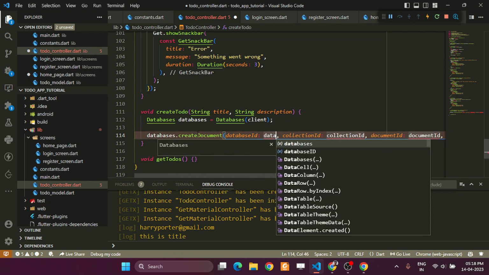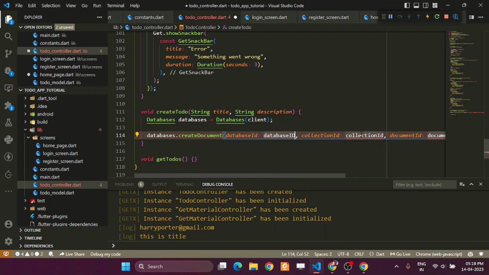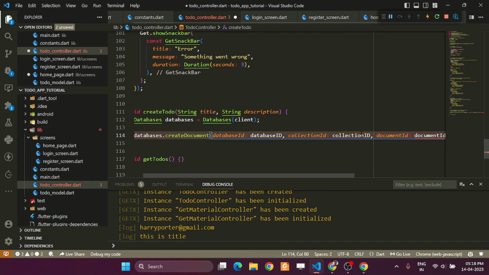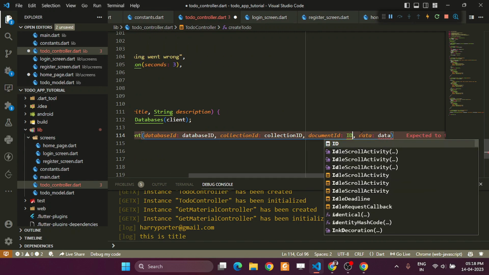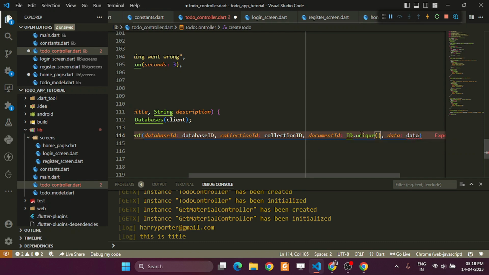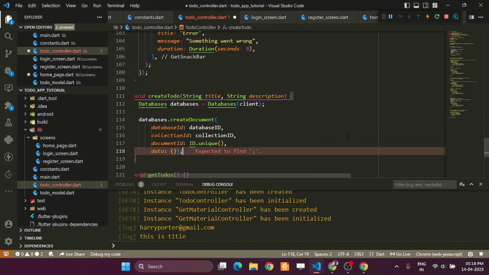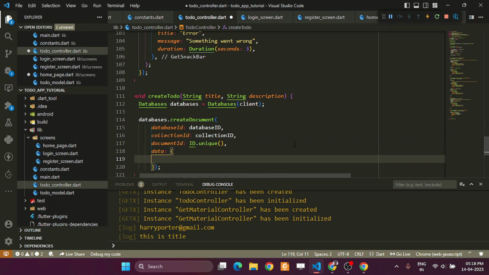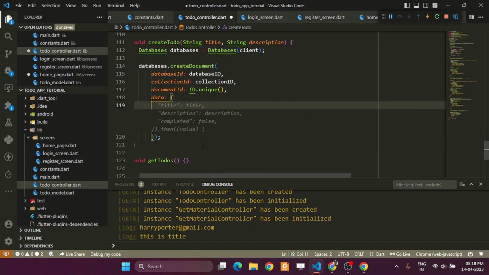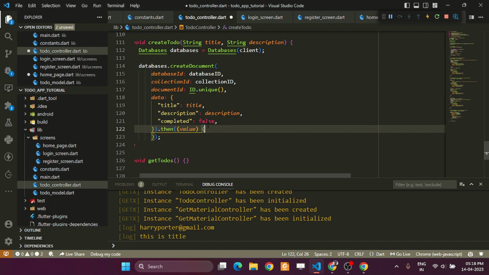We have our database ID, collection ID. The document ID would be unique. The data would be the title will be title, description, completed equals false,